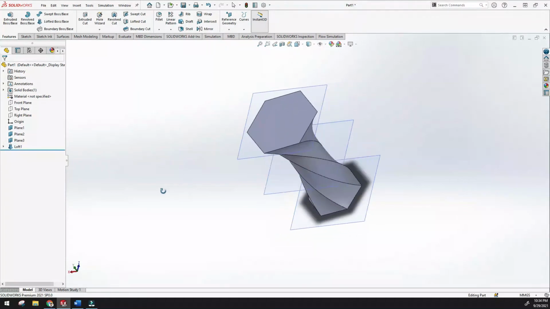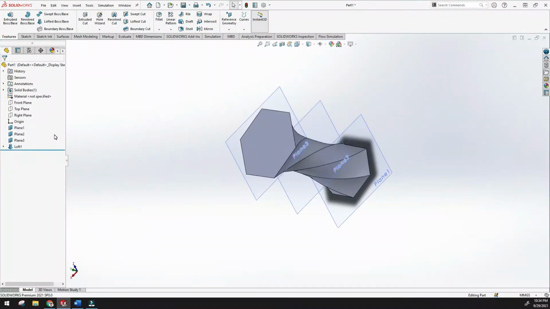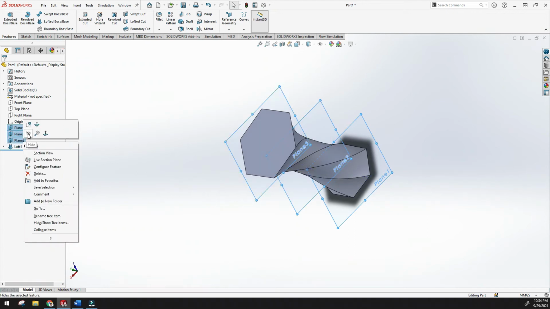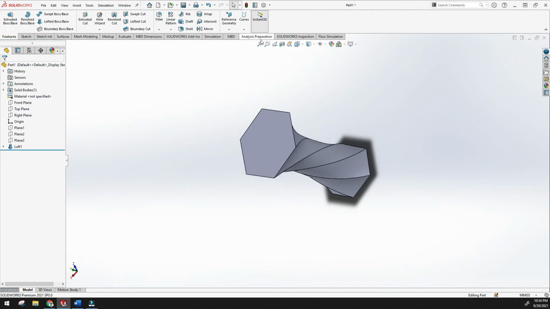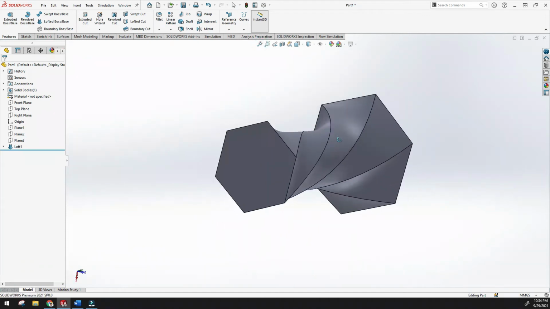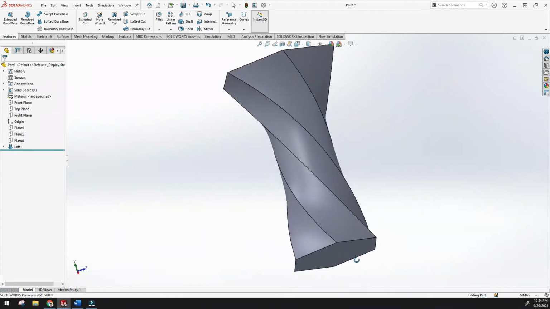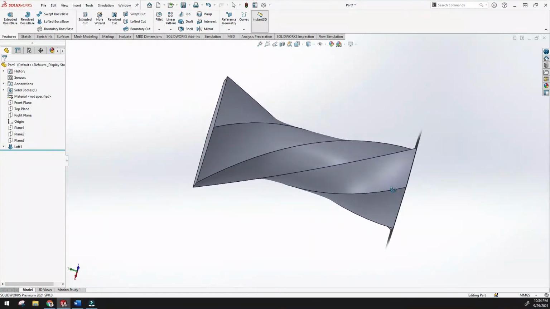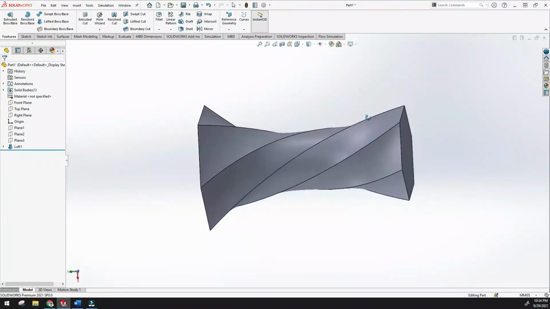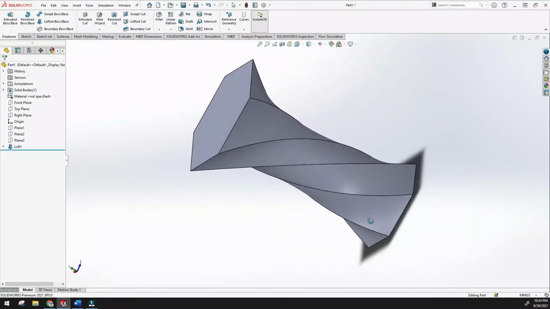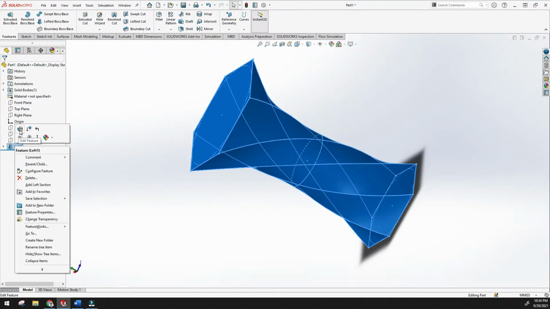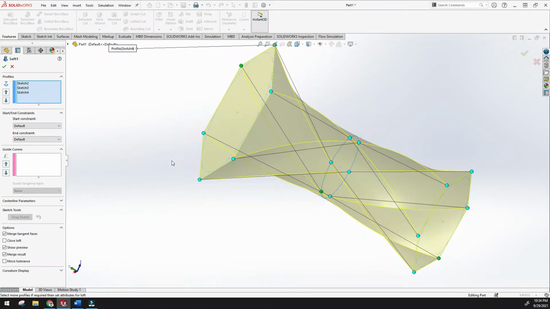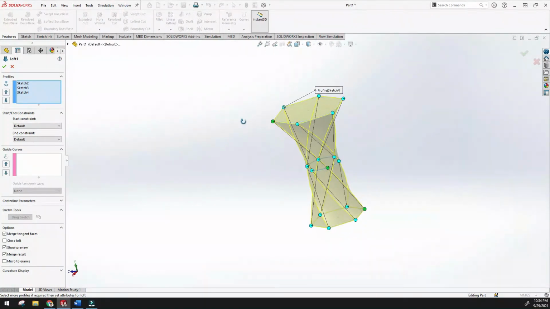So this is actually, I just control-select the planes 1, 2, 3, right click, and here is the hide option. Just click hide. So I have hidden the planes, and this is the lofted one. You will see here is the twisted one. Right click, edit feature, and again if you want to make it straight,